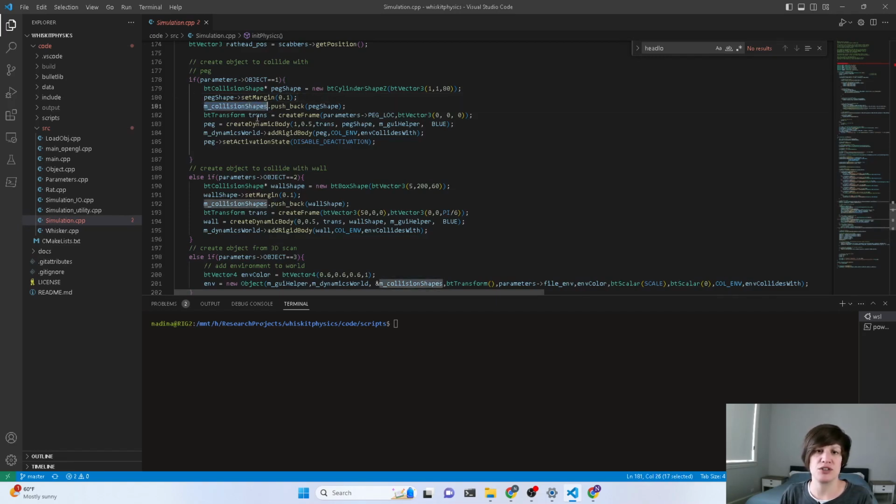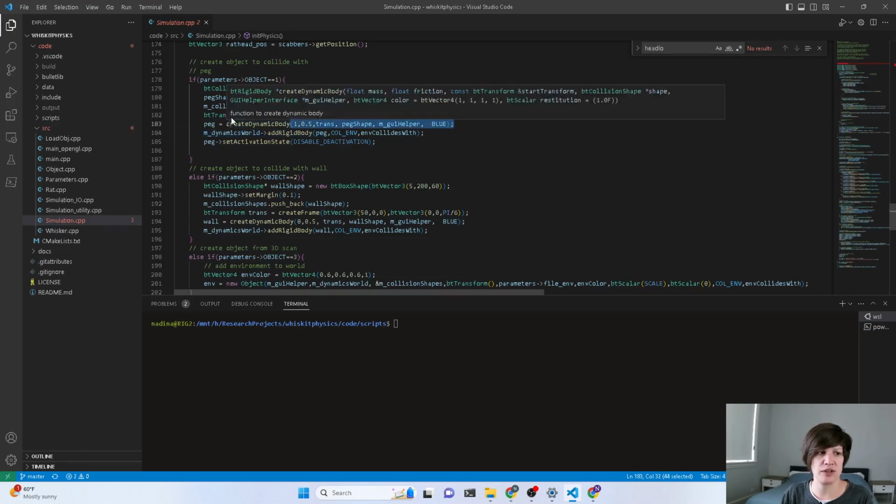That's important so that your solver knows about that shape. You define a coordinate frame for your shape. You can set it basically to 0 to place it at the origin, and you create a dynamic body from it, and you don't really have to worry too much about these